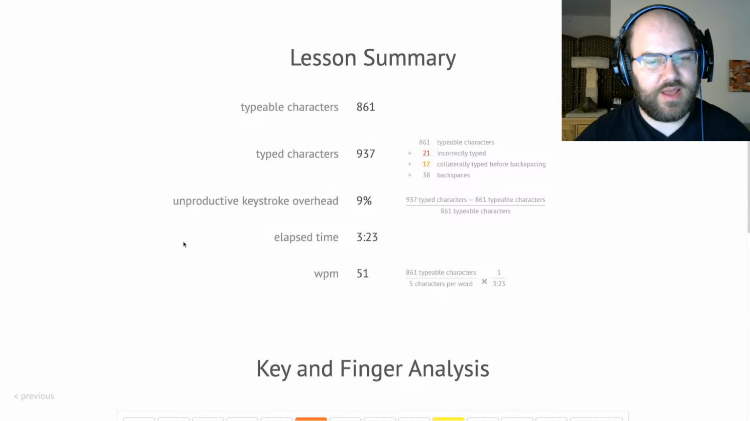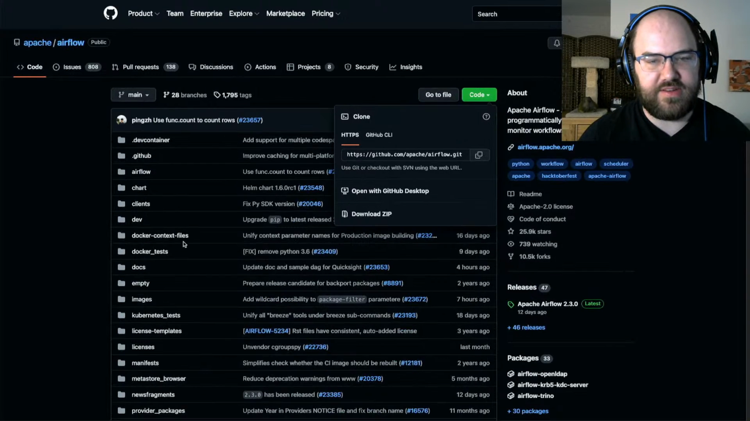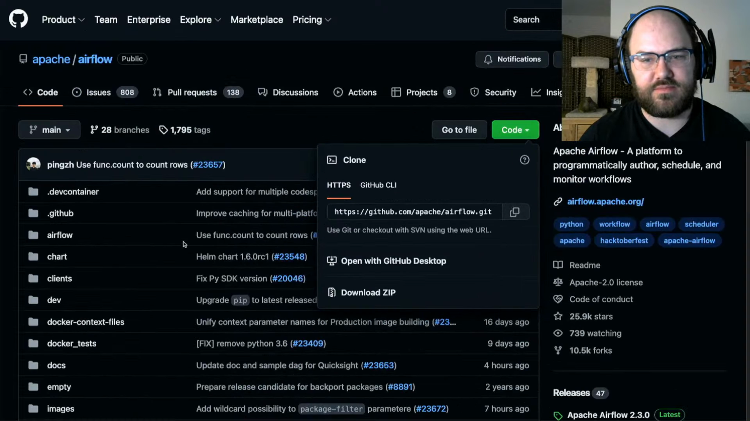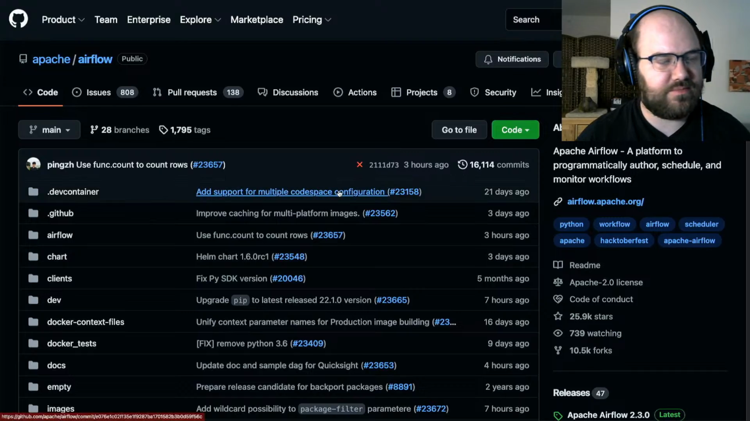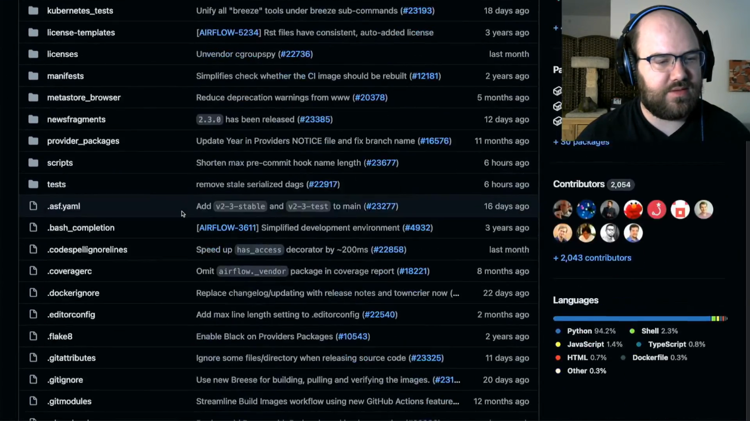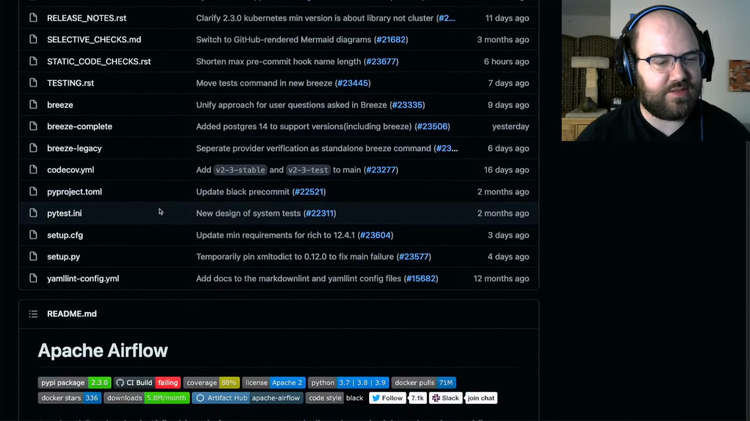I think what I'm going to do now is just read through this code. Change of pace. About Apache Airflow, a platform to programmatically author, schedule, and monitor workflows. Lots of stuff here, but I'm gonna go, after I look through all of this,